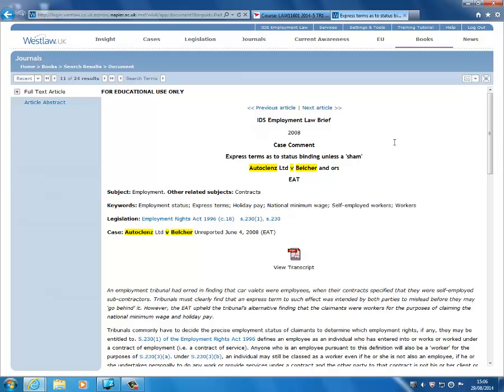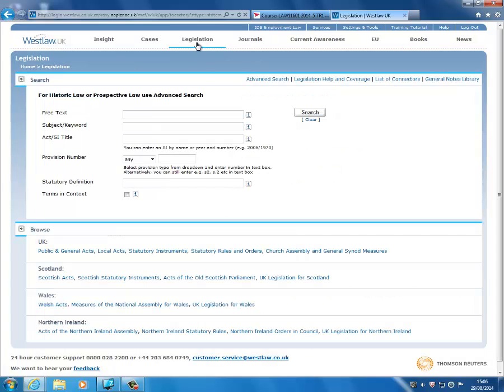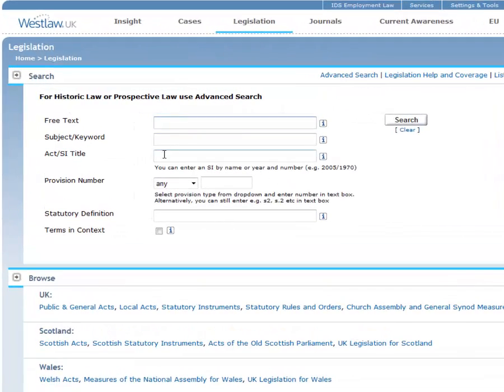Employment Rights Act, for example. Okay, where would we go? We're in IDS Employment Law at the moment. You'll see that there's a legislation tab at the top. If we click on that, we come to the legislation text. Now we could put in the name of the act, and as we say, we're looking at Employment Rights Act,